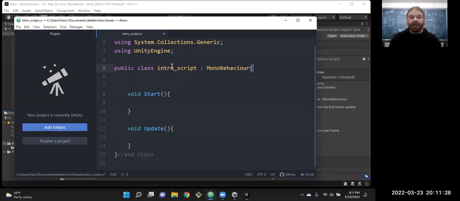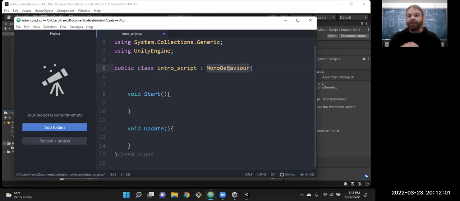And so we're creating an object called Introscript. And in C#, this colon stands for inherits from. It's like inherits or the parent object, but it also applies to interfaces and virtual stuff. And it has more than one use. So that's going to get complicated. I'll try to work it in over time. But for the most part, what we'll do is think of the colon as the parent.